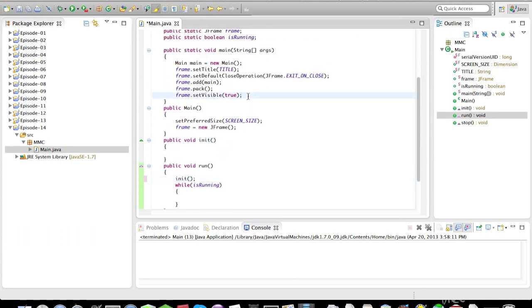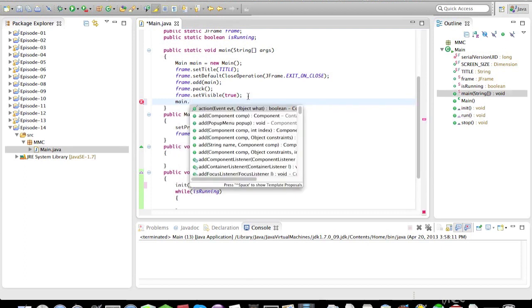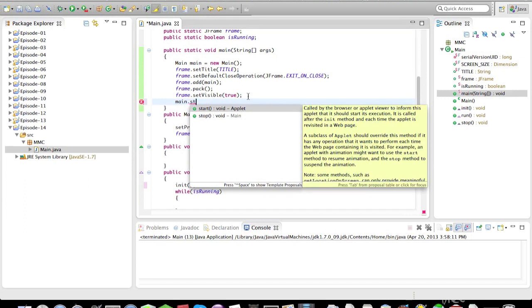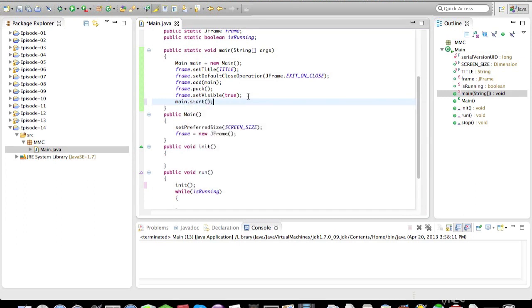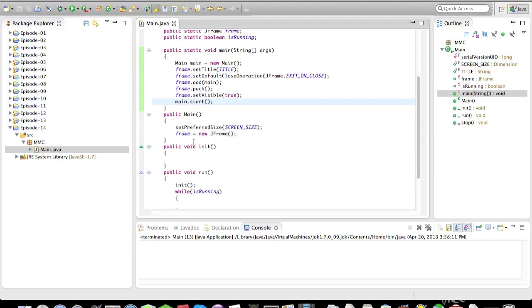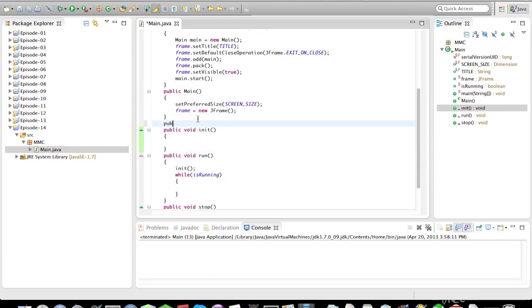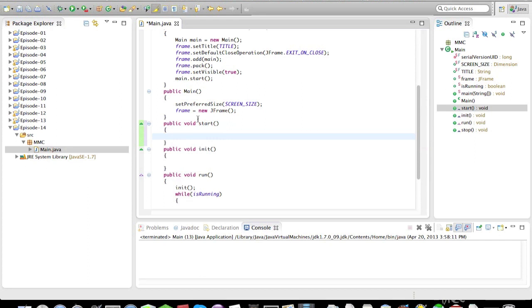Now what we're going to do is, when we run, the first thing we want to do is initialize. And also, when it's done, we want main dot, I think we can just, I don't know, maybe main dot start, which extends applet. So let me look at start. So we start it. So the other thing we want to do besides our two things, we want to start, public void start. And the only thing we really want to do here, well, no, we want to